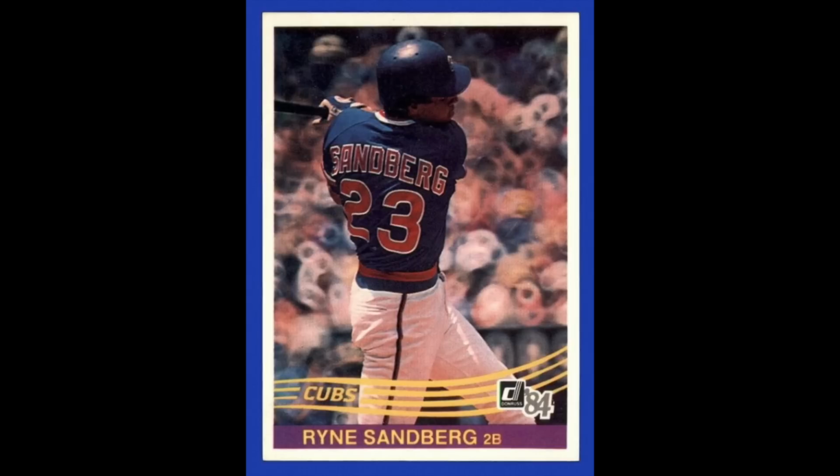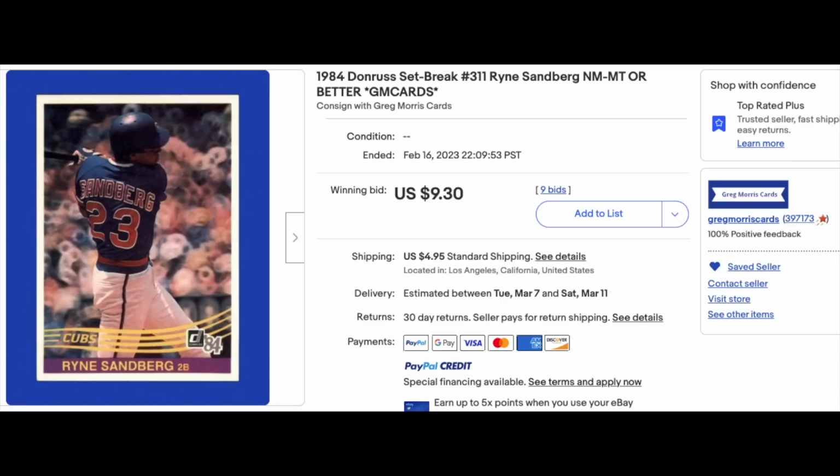Next up is a simple 1984 Donruss Ryne Sandberg. There isn't a whole lot to this card. Second year card of Ryno, generally worth about $1, but this one sold for $9, and the reason is because